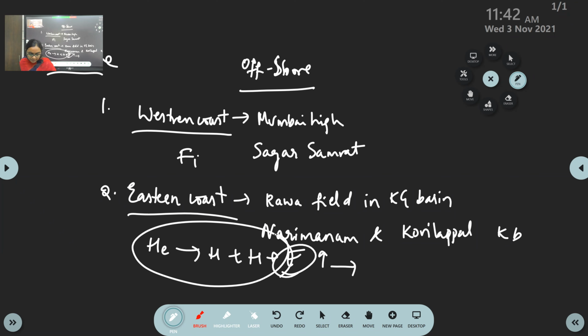And thorium distribution, Kerala and Tamil Nadu. Okay, Kerala and Tamil Nadu. Atomic reactors ಬಗ್ಗೆ ನಾನು ಹೇಳಕ್ ಹೋಗಲ್ಲ because it comes under science and technology. That is not my duty. Next,